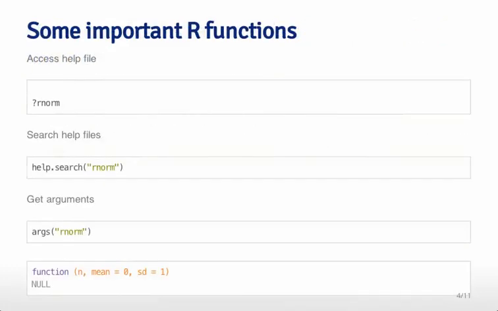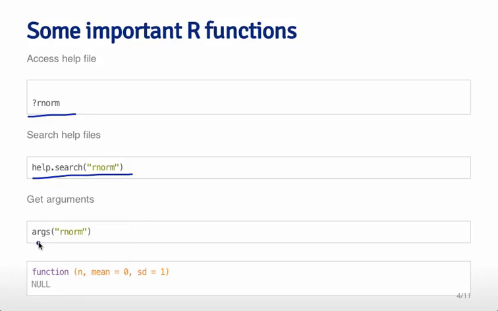So I thought I'd mention just a few important R functions that will help you to find answers for some of the questions that you might have. So when you have an R function, we'll talk a little bit about R more later in the class. You can type several different ways to get the help file for that function. So one example is that you can type like this. You can type ?rnorm, and that will tell you what the help file is for the function rnorm. You can also search like this, help.search. And if you use help.search, you might not even necessarily have to get the function name exactly right. It'll still search through the help files and try to find things for you.